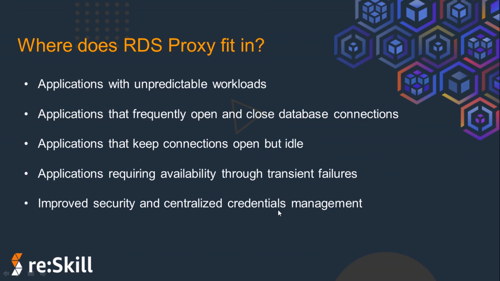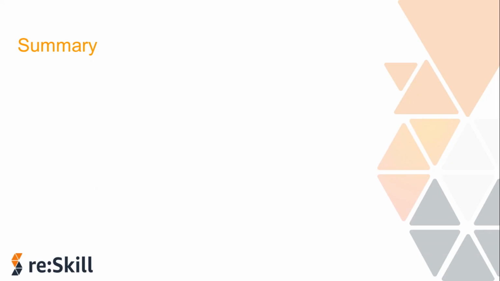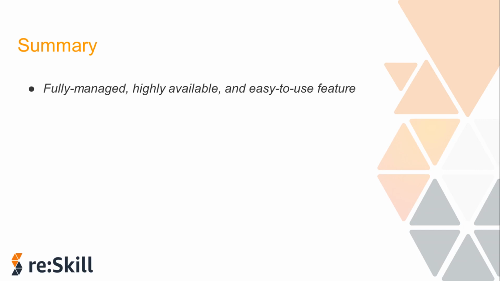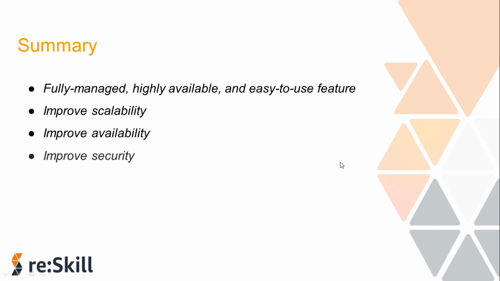So to summarize it all, to say the RDS proxy in a little: it's a fully managed, highly available and easy to use database proxy feature of RDS that enables your applications to improve the scalability by pooling and sharing the database connections, and also improve the availability by reducing the database failover times by up to 66% and preserving application connections during failovers as well, and also improve the security by optionally enforcing AWS IAM authentication to the databases, and also securely storing the credentials in AWS Secrets Manager.